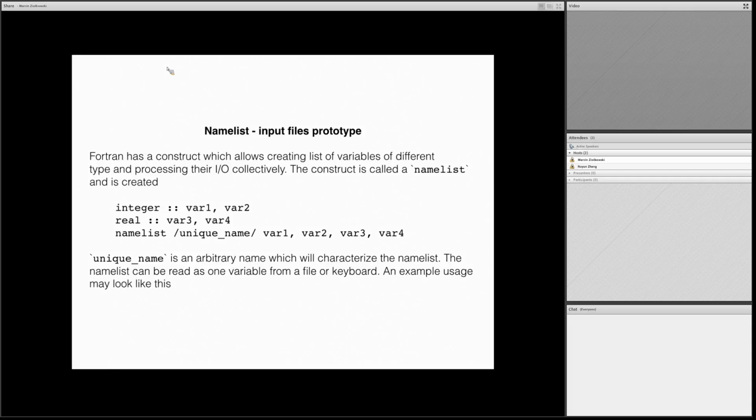Fortran has, for a long time, had a nice way of automatically handling a list of variables that can be passed in as an input file. If you define all variables, let's say you define 2 integers and 2 real values, integer var1 and var2, real var3 and var4, you can create something that you will call a namelist. The keyword